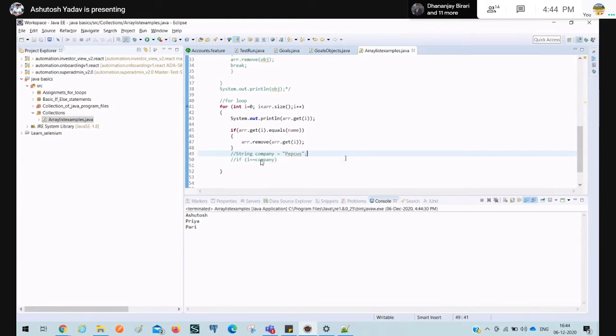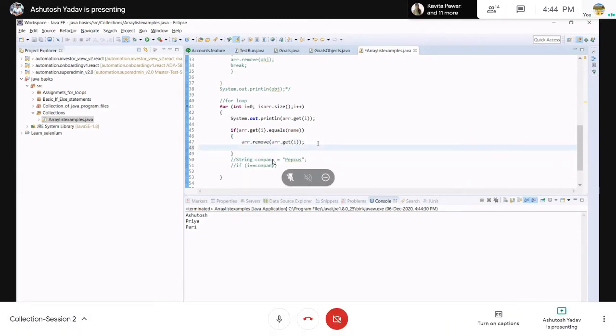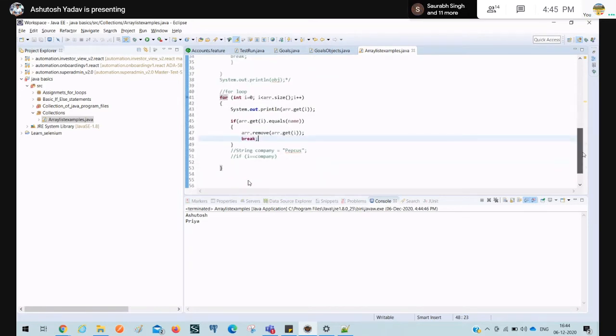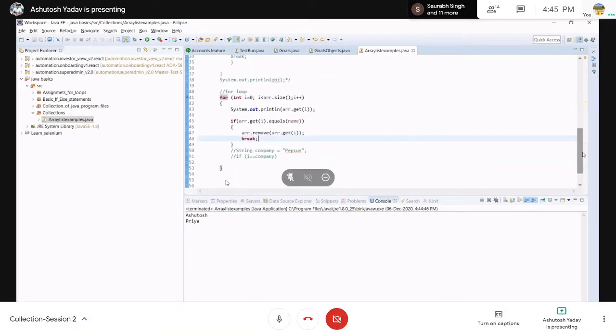It's still a break statement, you need to use break and then you need to print after this, because we don't want to run our loop after that. It's still printing Priya, and the other values are not printed. You have printed above that, so before removing it is printing Ashutosh and Priya.